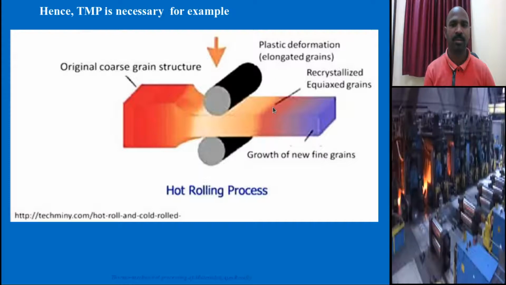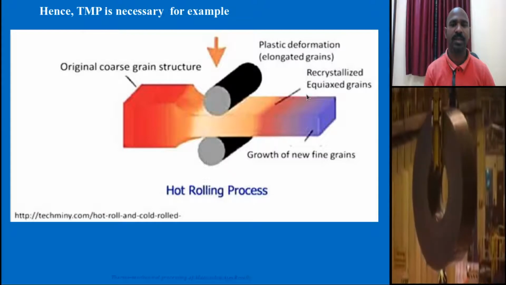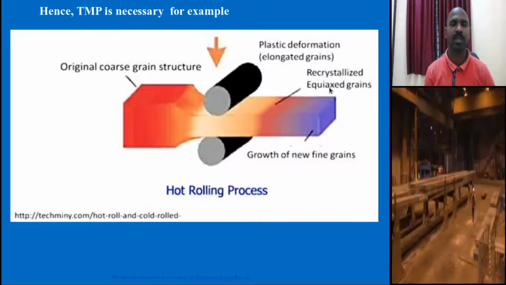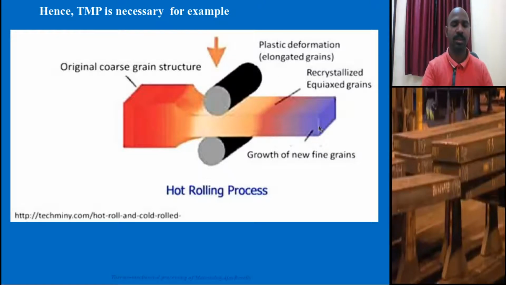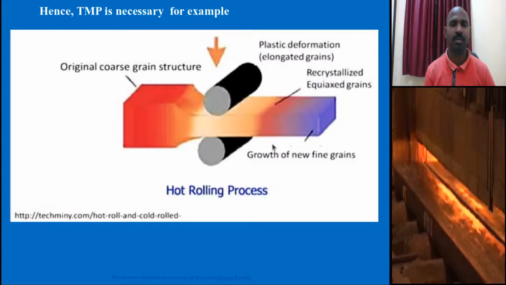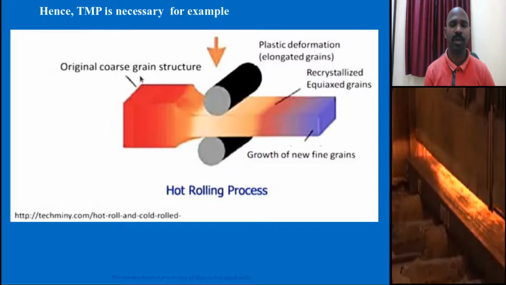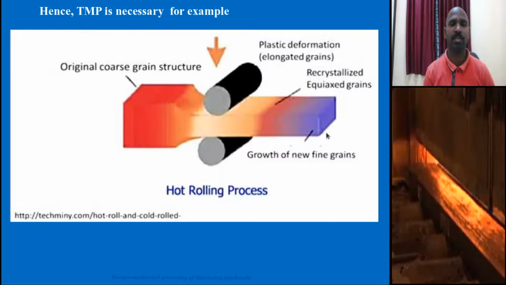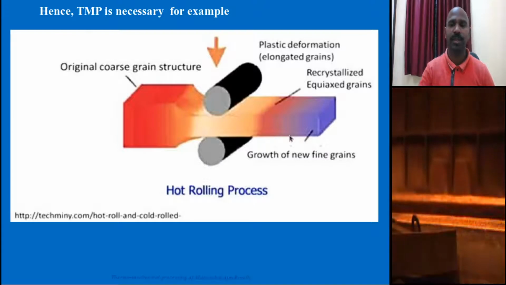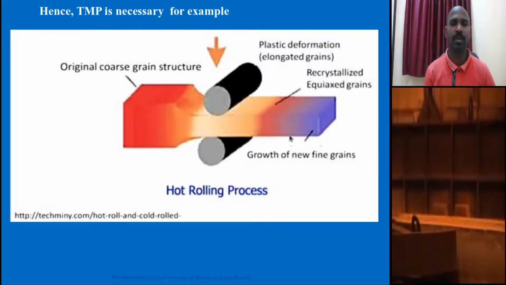And if you see this end product, it is coming out at this location. At the center location there are equiaxed grains, just like in the casting product. In the end product you will see finer grains, just like the as-cast structure. This is a mixture of grain structure you will be getting after the thermomechanical process. Initially the dendrite structure is broken into elongated grains, equiaxed grains and finer grains, which are regular in shape, size and dimensions of the grain area.